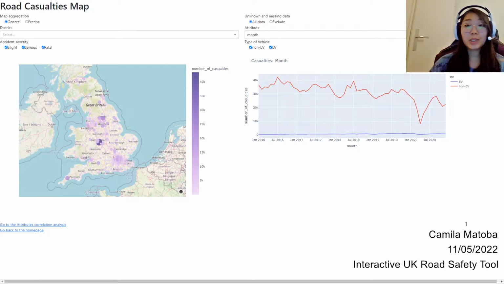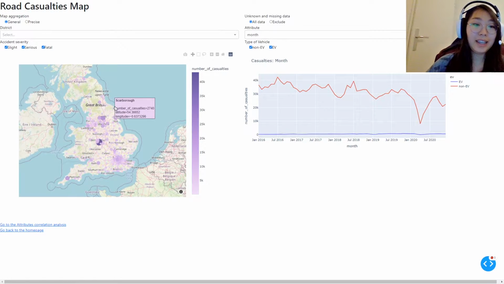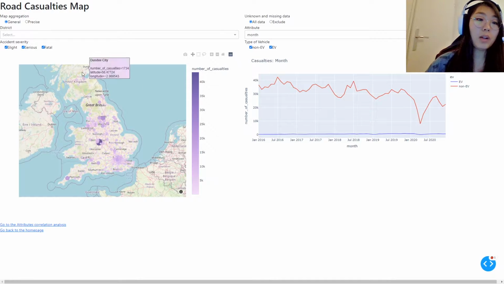I'm Camila and I'll give a quick tour on the interactive tool for the UK road safety. This was mainly made for people in charge of planning road maintenance, but I believe other fellow data enthusiasts will enjoy it too, if I may say so myself, as this allows for great exploration of the UK road safety dataset. First, I'll explain about the road casualties map, and here you can first have an overview of the whole